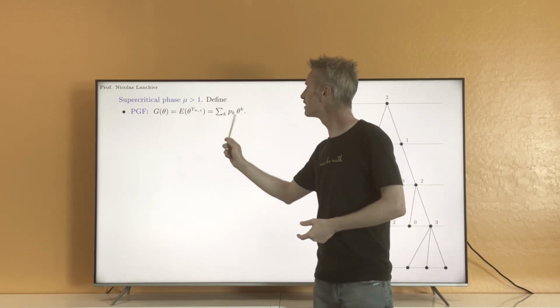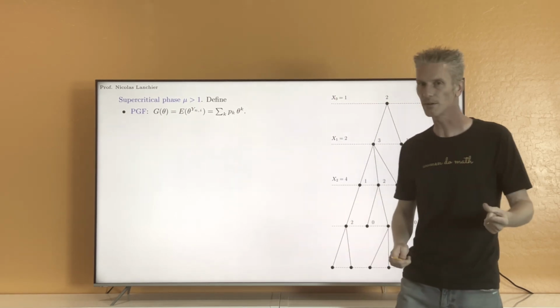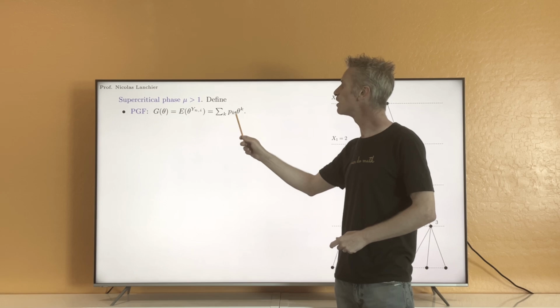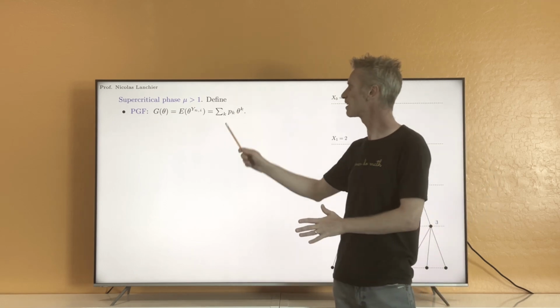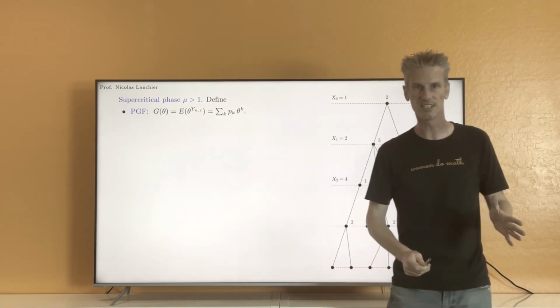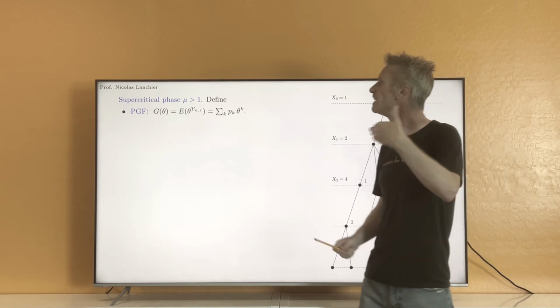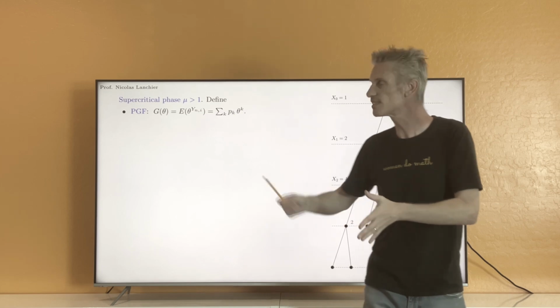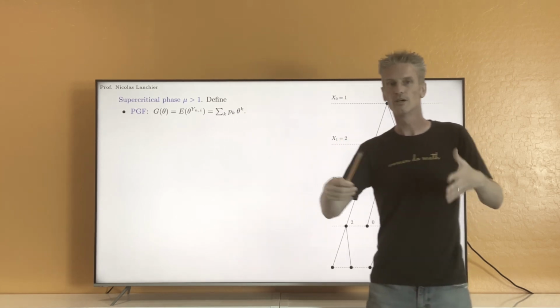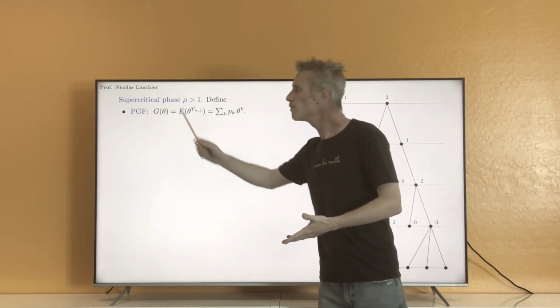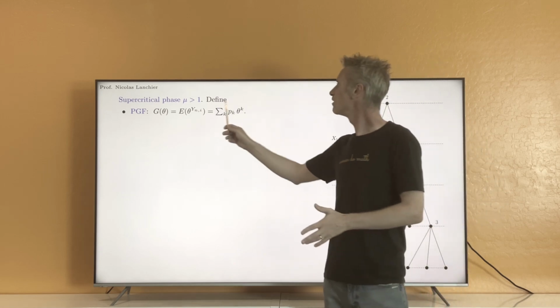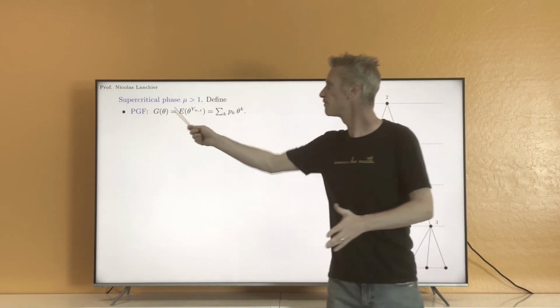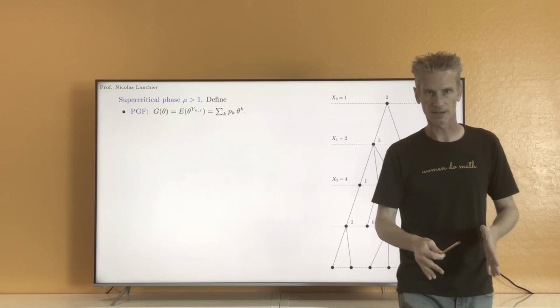If you take theta equals 1 here, you look at g of 1, you get the infinite sum of the p_k. Okay, 1 to the power k is just 1, so you get the infinite sum of the p_k. That's exactly the sum of the terms of a probability mass function, so that's just equal to 1. So this shows that for all theta between 0 and 1, this sum here, or g of theta, is less than or equal to 1.